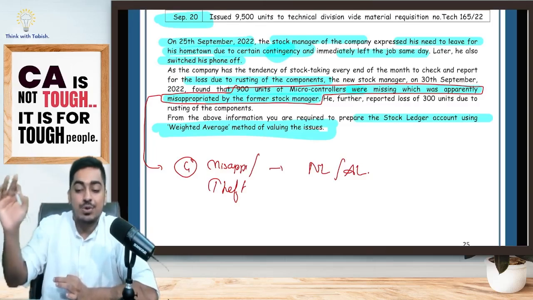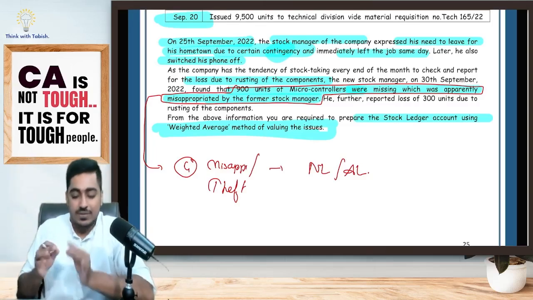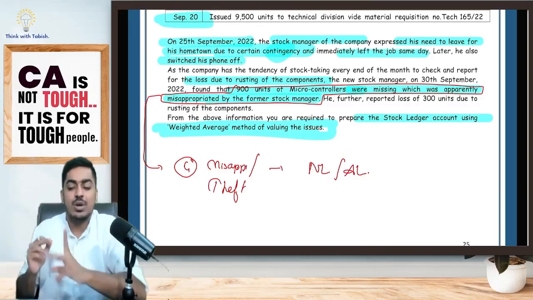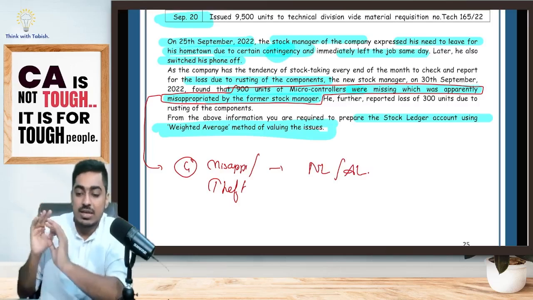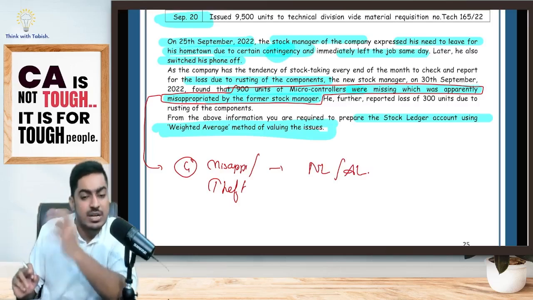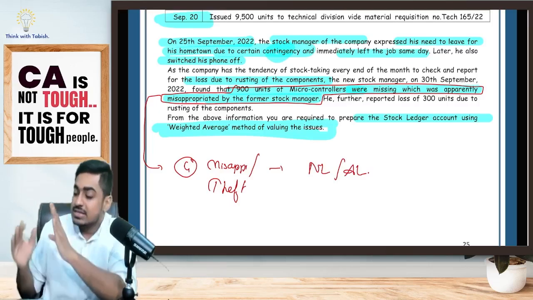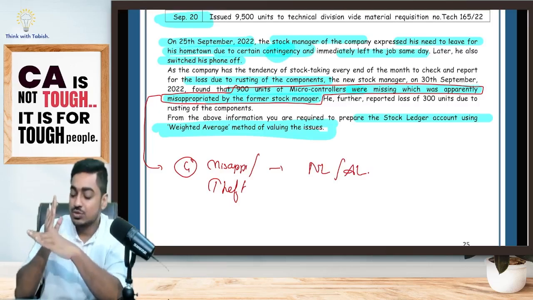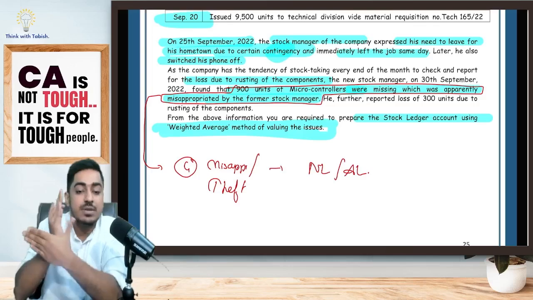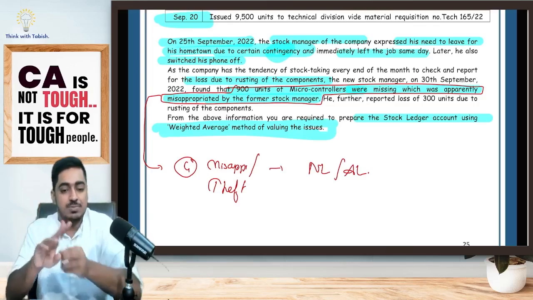Sir, it is abnormal loss. Yes or no? Now understand one very simple principle. How do I understand if it is normal or abnormal? Simple. In costing, all normal items I would have adjusted in my cost. When am I calculating cost, students? I am calculating cost at the start of the period. Yes or no? Understand. One very simple thing I'll tell.